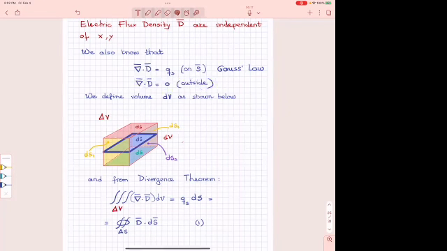It says that you can take, I'm not writing here the whole thing. Maybe I should. It says, the first part of it, that if I take a volume integral of the divergence of D, that is equal to the surface integral over the surface that encloses this volume of D, all right? Inner product, of course, with the surface, which is a vector. That's what the divergence theorem says. And of course, because of Gauss's law,